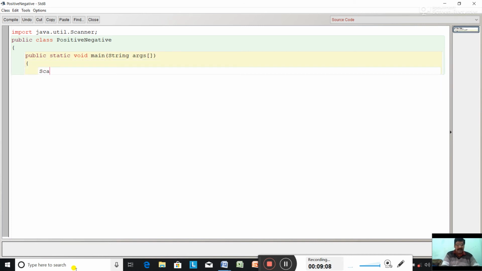Create the scanner object, ob equal to new Scanner(System.in). System.out.println enter a number. You can see, just give a message, enter a number.